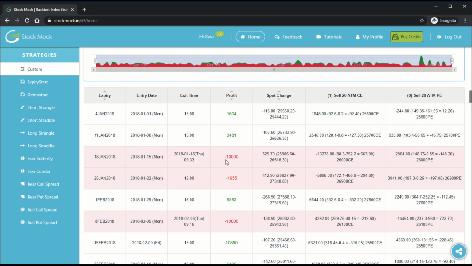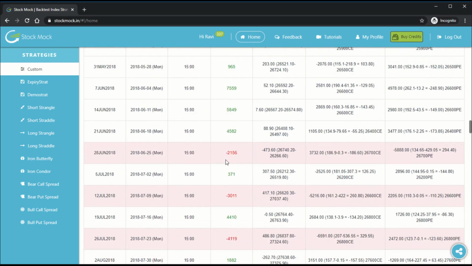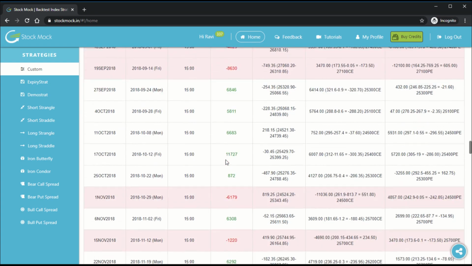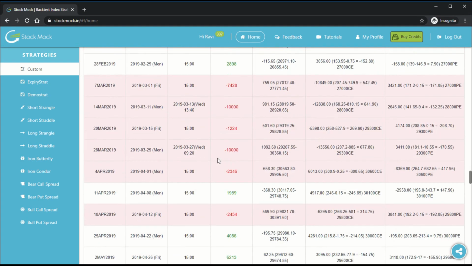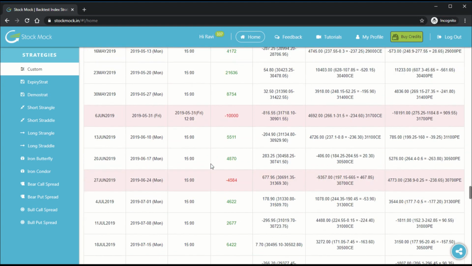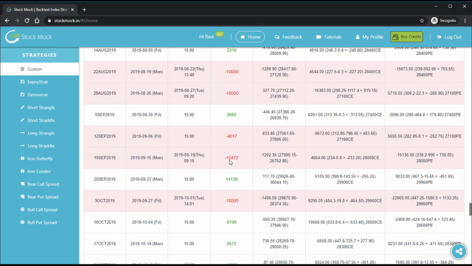Now, let's look for an expiry where the loss is beyond 10,000 rupees. As you can see, here the loss is 10,472 rupees. The reason is